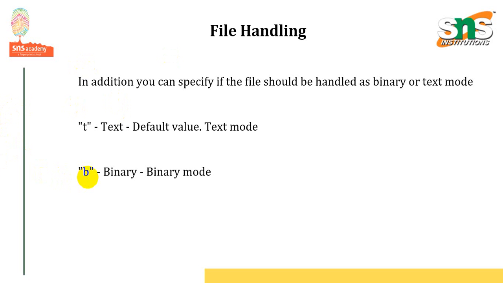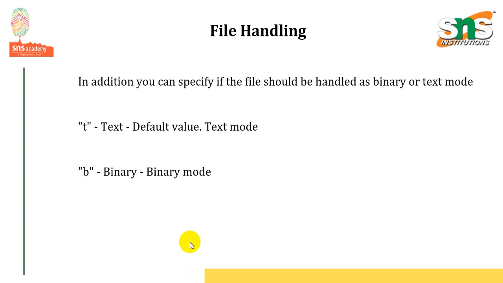So whichever mode you prefer, if it is a text, you can use t. If it is a binary, you can use b, right? So these are the additional modes which are available with the file. So generally it will be four, and in addition to that, you still have two more modes in the operation of a file,